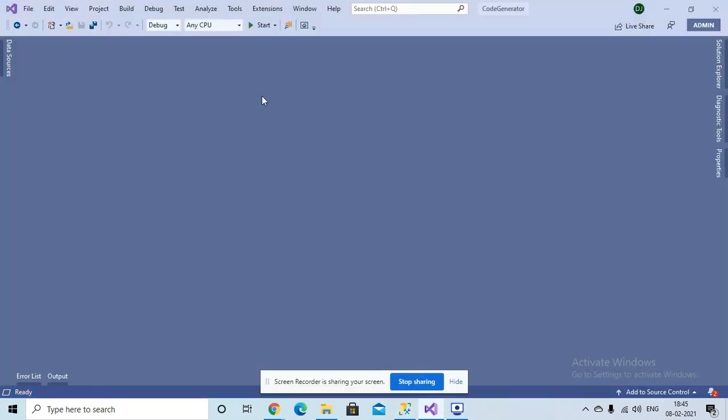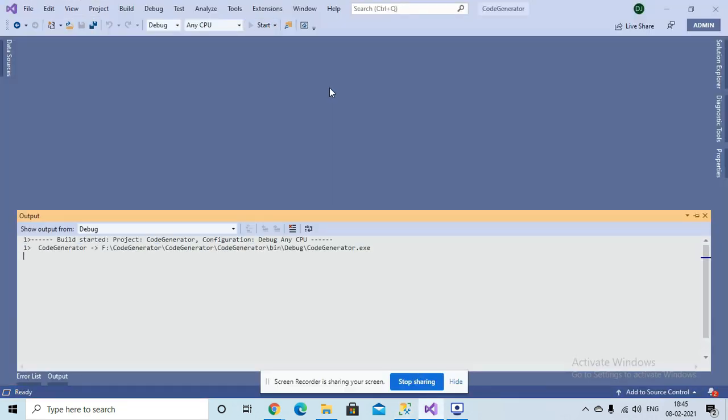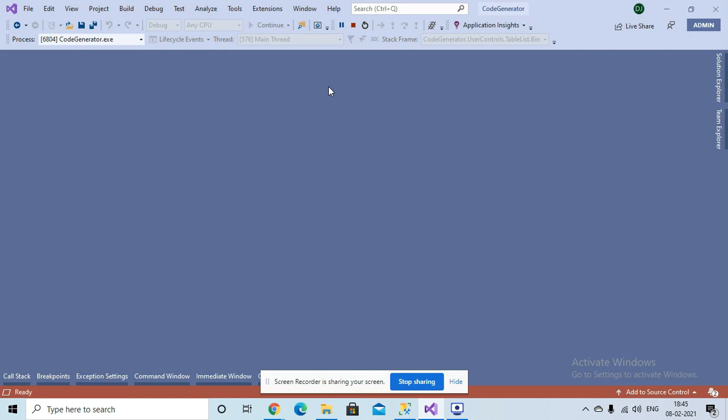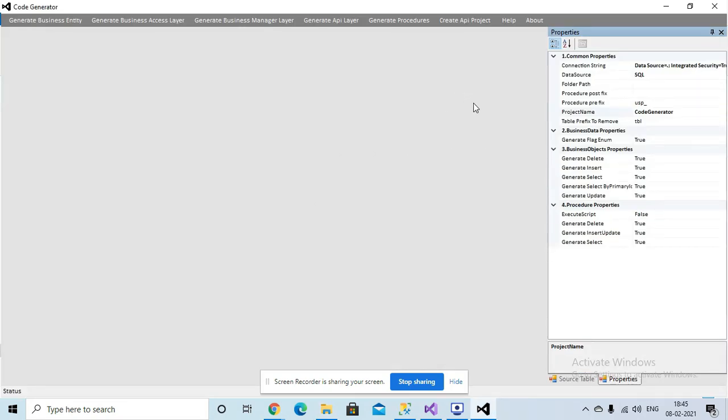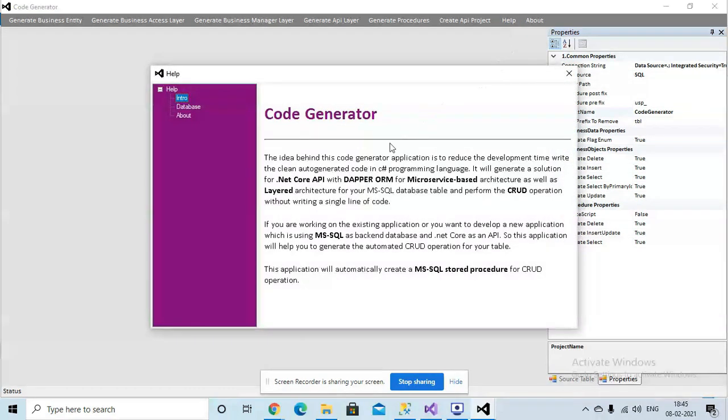So I'm just going to run our code generator, and will show you how it generates code for you. Basically, if I describe how this works: this is a code generator application, and the idea behind it is to reduce development time.